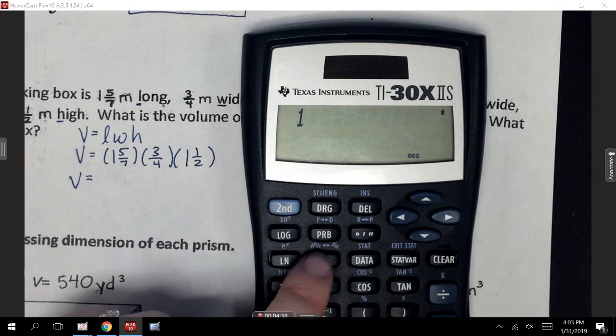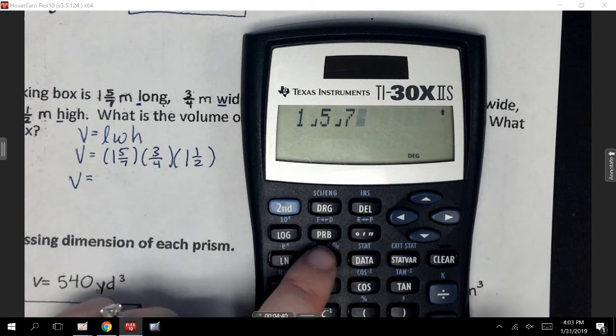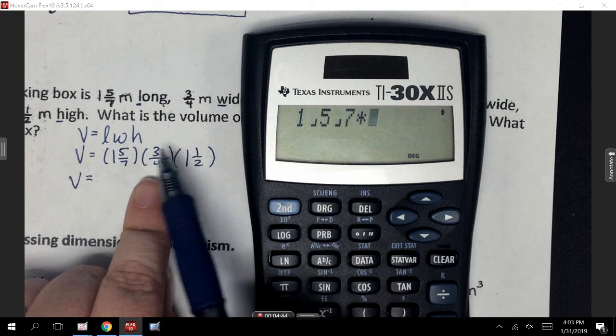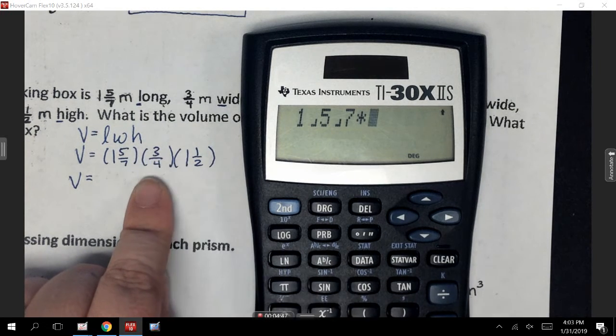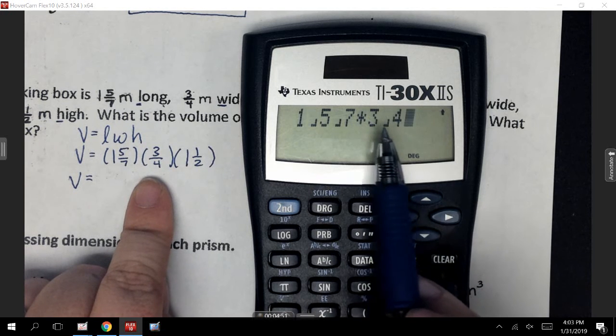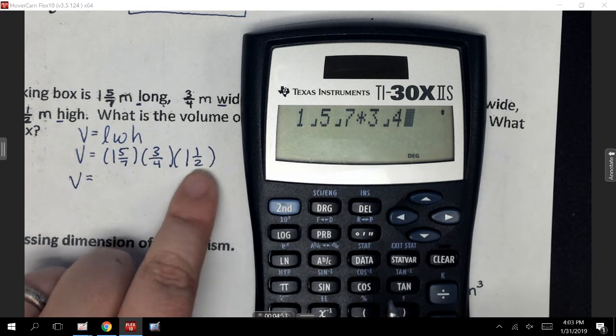So 1, fraction button 5, fraction button 7, times, when I put in the 3/4, if there's not a number in front, I don't need the fraction button in front because there's nothing there. So I'm just going to hit 3, fraction button, and 4. It should just be the fraction in the middle. That's the only time you need the button, okay? And then I have